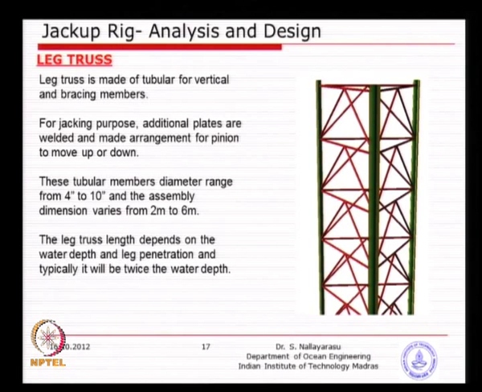So, this is a typical leg truss which you will see in 3 dimensional arrangement, basically with horizontal members with truss members. The design becomes very simple like our jacket structure, only thing is not such complicated, it is 3 legs with several members. So, as long as you can get the design loads on the members, each one of them, the design procedure what you have adapted for last few classes is the same procedure, only establishing the design axial loads, bending moments needs to be by 3 dimensional analysis,